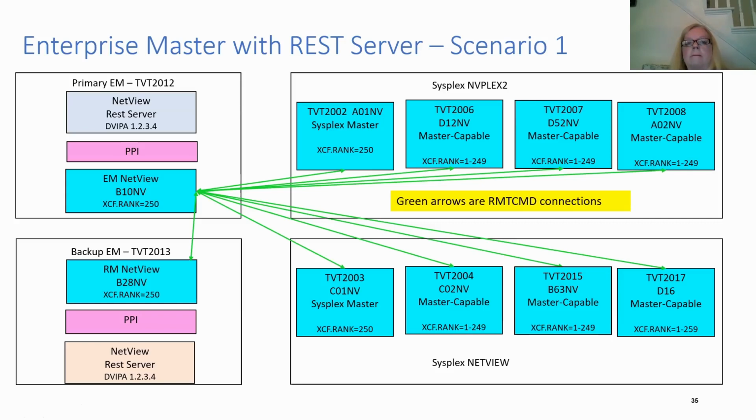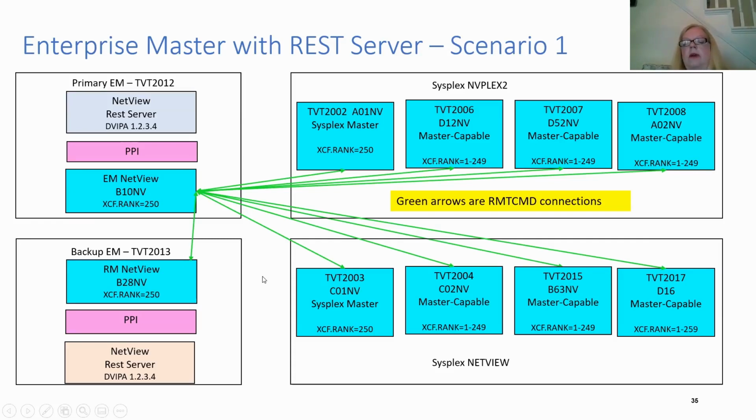And then you could have a backup enterprise master that's also a monoplex outside the sysplex. But what we end up doing based on configuration is we establish remote command connections outbound from the enterprise master to all the systems in the sysplex, as well as to your backup NetView if you set it up this way